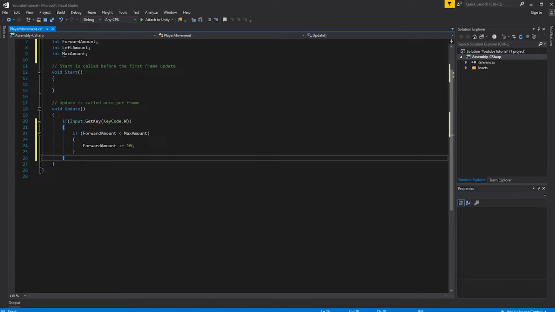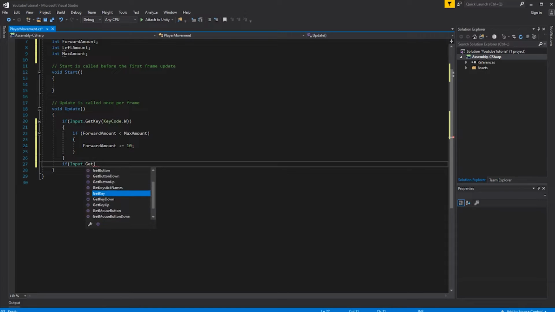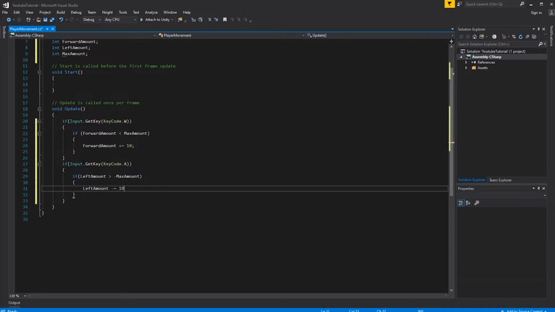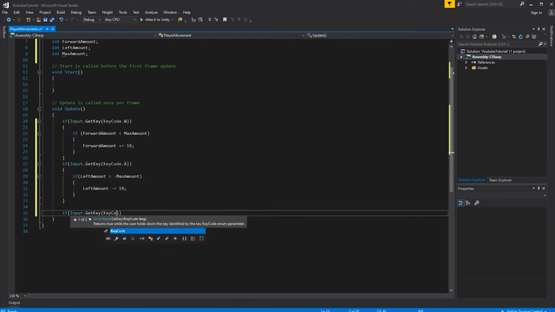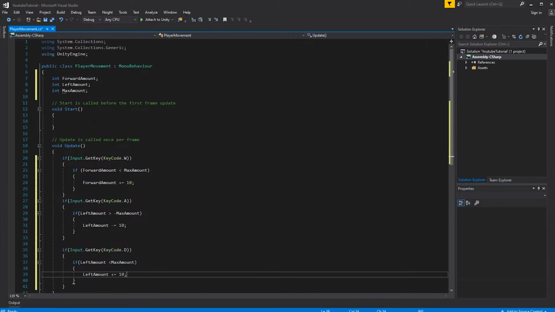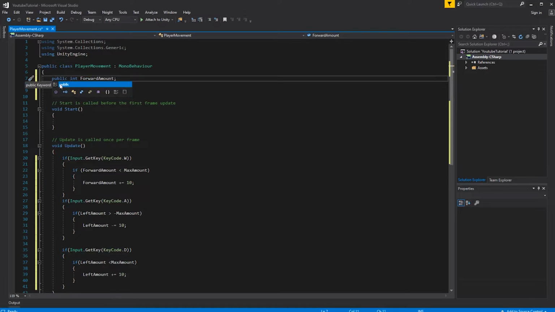We have to do this with the A and D. We are done doing this, so let's make the variables public to see them in the inspector, and let's test if this is working properly.